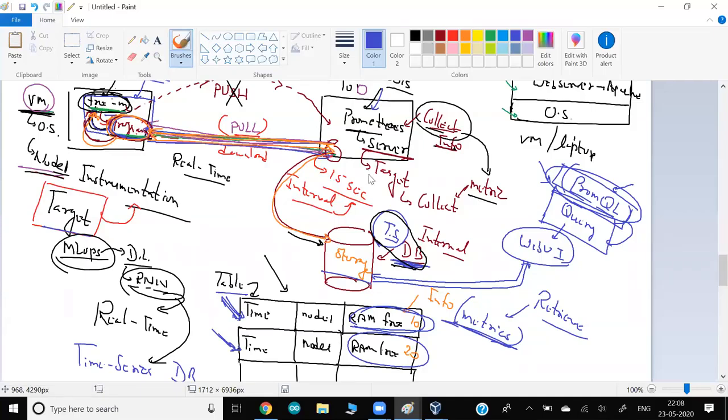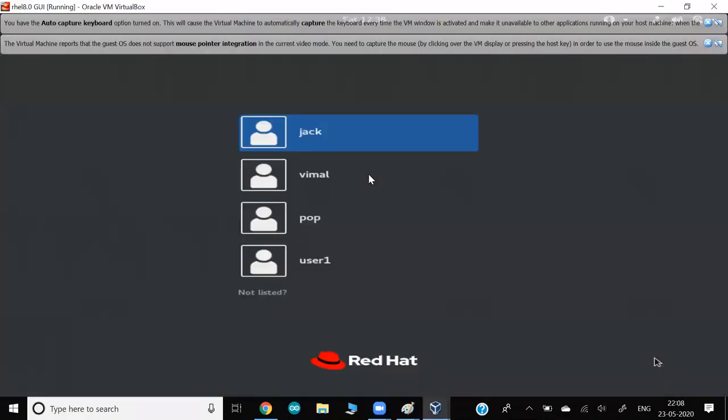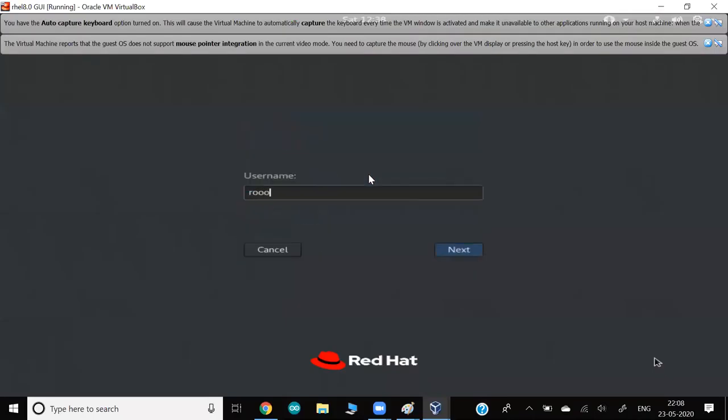Okay, so let me do it very fast. Let me do this setup. So this system would be my Prometheus server. This is my Red Hat system. You can do it in Windows also, but I suggest doing it in Red Hat. And for installing Prometheus, you have to download Prometheus. It's pretty straightforward.